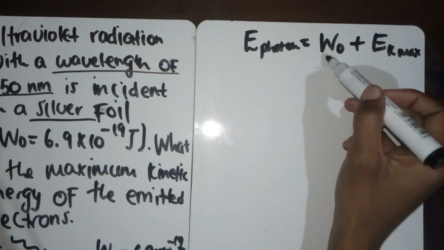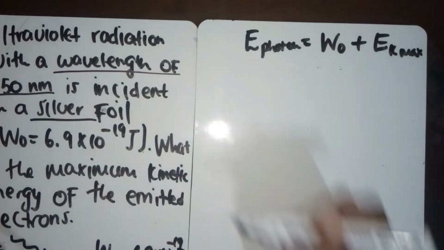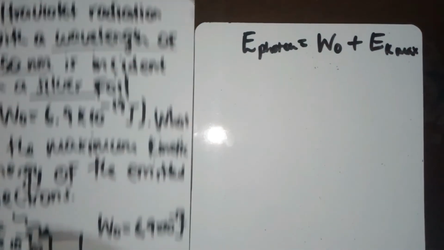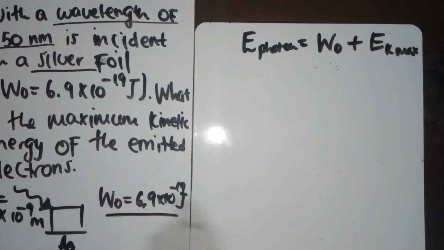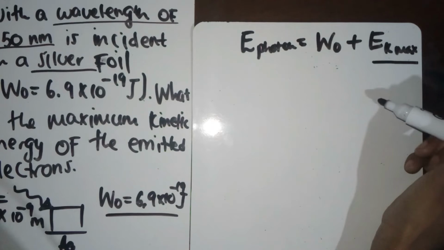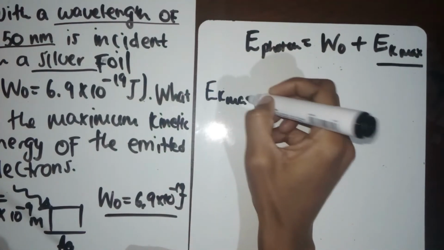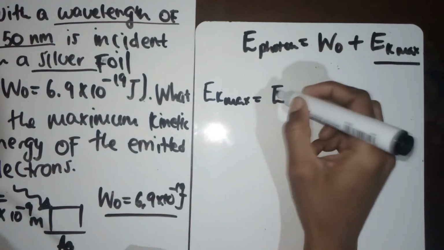Do we know what the work function is? Correct, we know what that is because it was given to us in the equation. So there's the work function over there. So it's just a matter of taking this to the other side so that you can be left with EK max on the one side. So we can have EK max is going to be equal to E photon